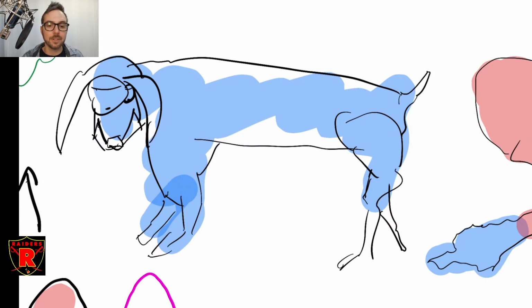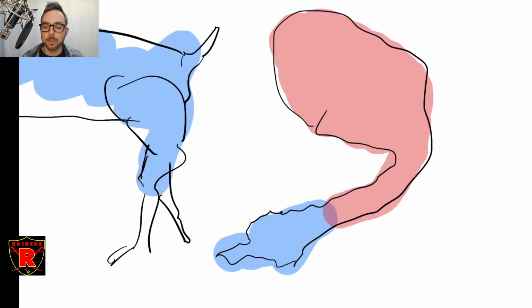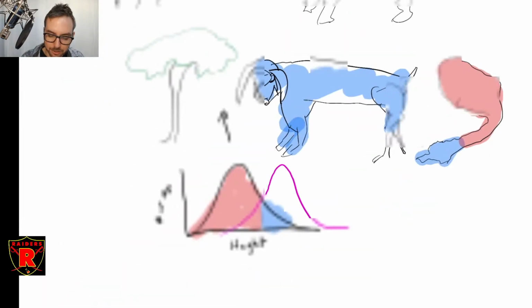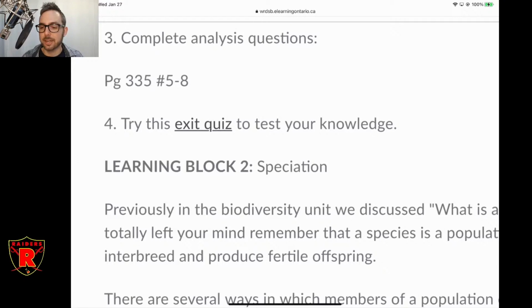So if you remember, the definition of species is a grouping of animals, a population where the individuals can produce fertile offspring with each other. Okay, so the key here is that they can mate with each other and produce fertile offspring. So once these two groupings can no longer produce fertile offspring in their natural environment, then they're no longer the same species. And so that process of no longer being able to make fertile offspring is called speciation. And that is the origin of all species.